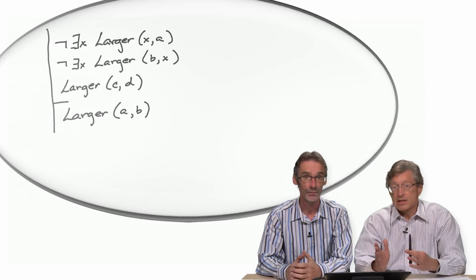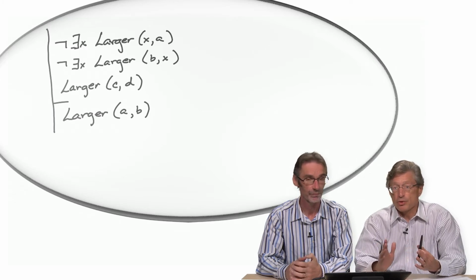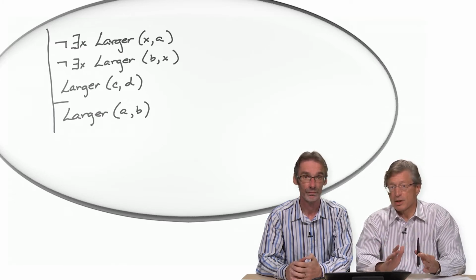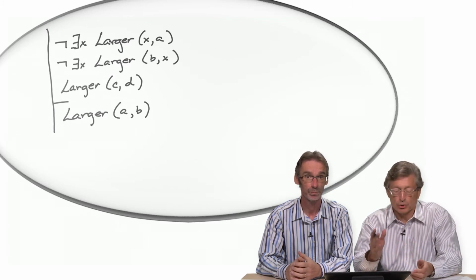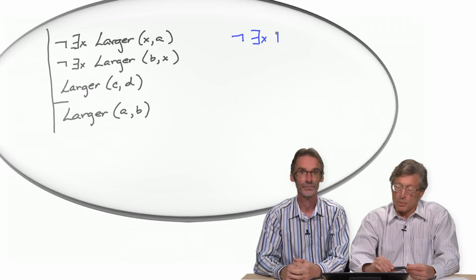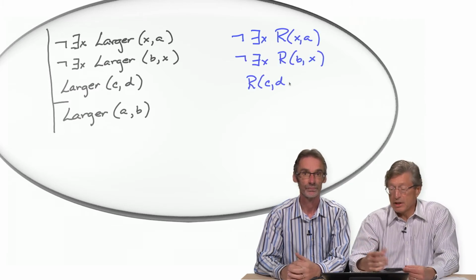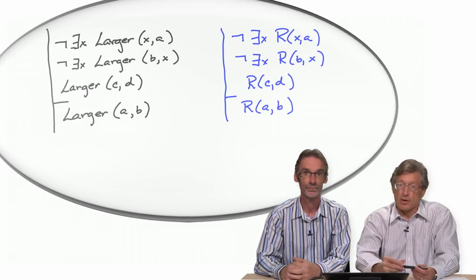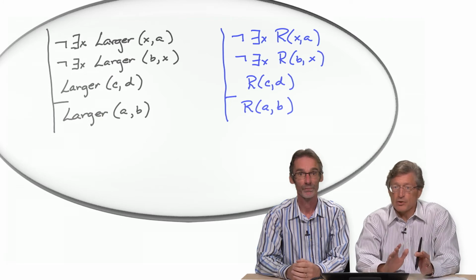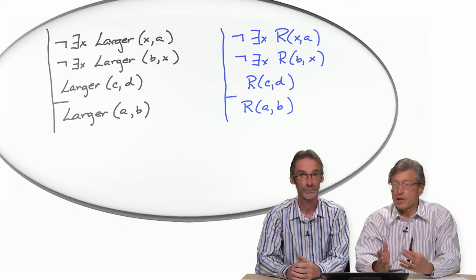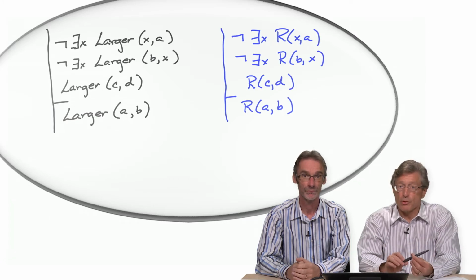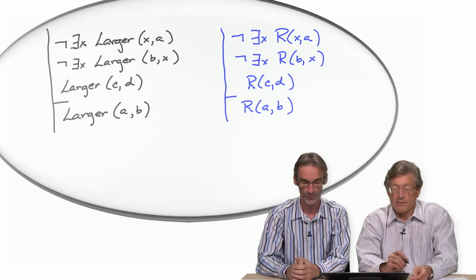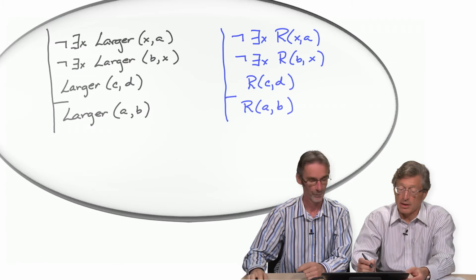So first, let's try to make sure that we don't use the meaning of this predicate by replacing it with a meaningless predicate. Say, we'll just use R this time. So replacing larger with the meaningless predicate R gives us this argument here. Now let's describe an interpretation for R in a situation that makes the conclusion false while making the premises true.